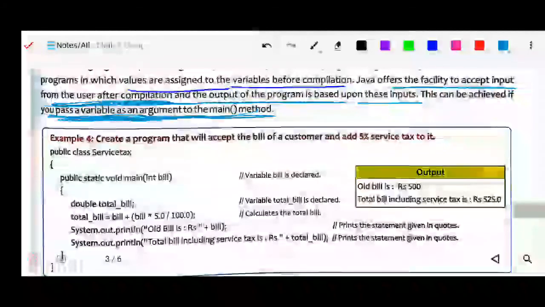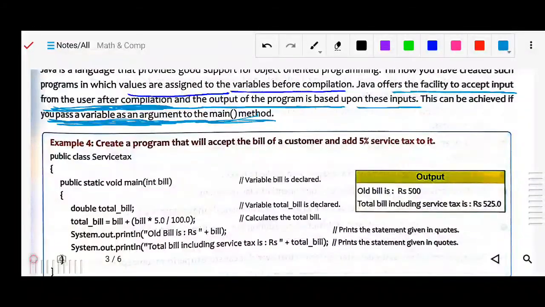For writing this type of program, suppose we create a program that will accept the bill of a customer and add 5% service tax on it. Same as before, public class, and the class name is ServiceTax. Now public static void main. Here you can see there is a difference.